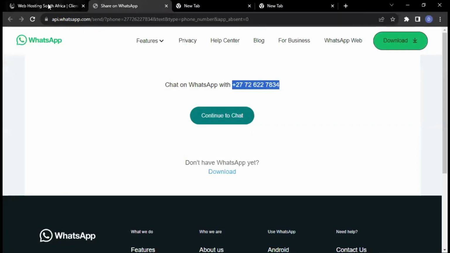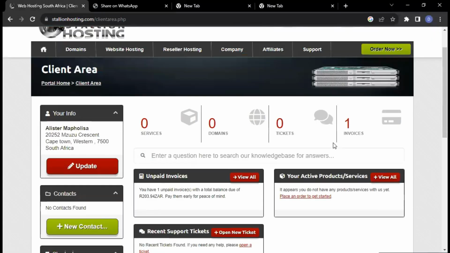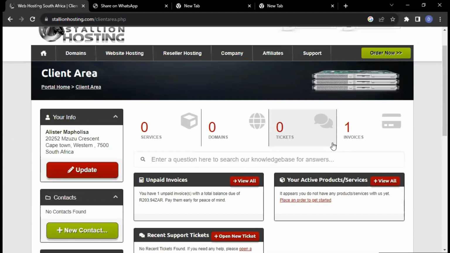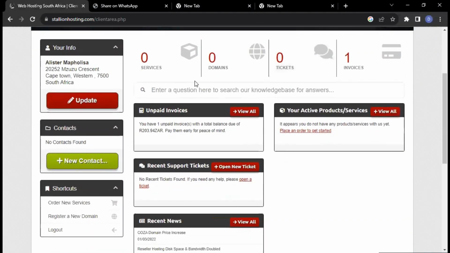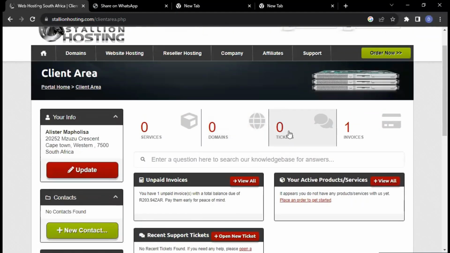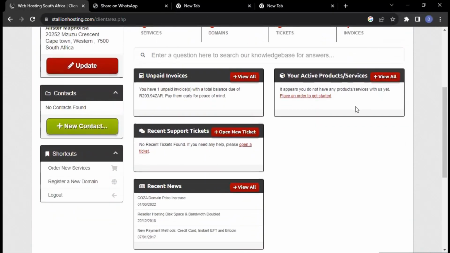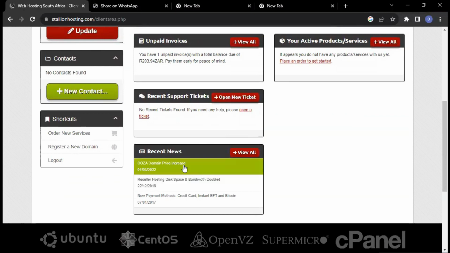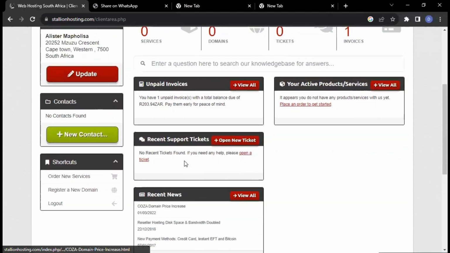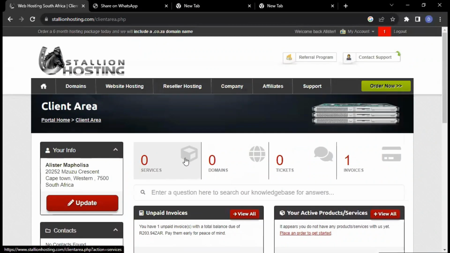So after that, we have an account here. You can see we are inside our account now. The first thing, obviously, services. After it's approved, you will see that you have one service here, you have one domain here. Tickets: if you request for help, you will see pending tickets here. Invoices, self-explanatory. You have your cPanel here to log into your cPanel. So let me show you how